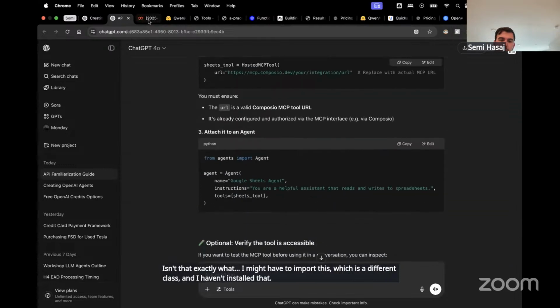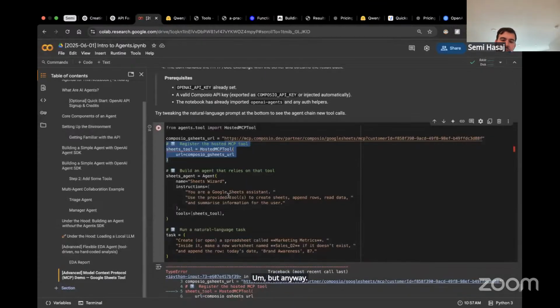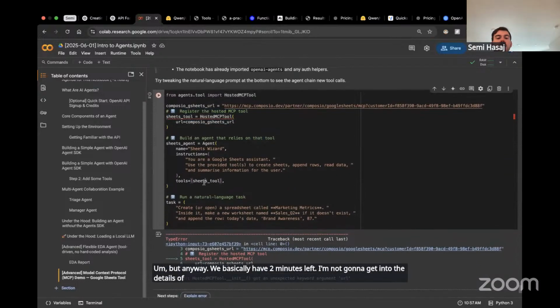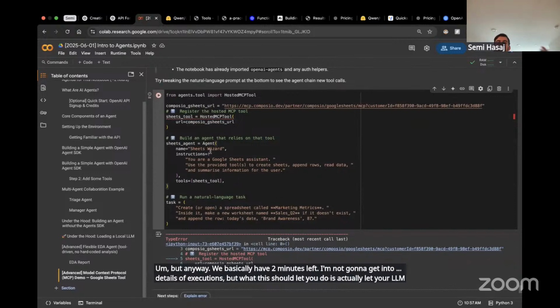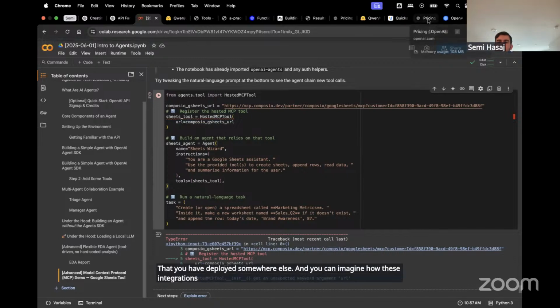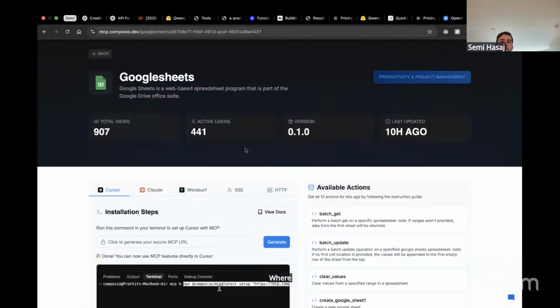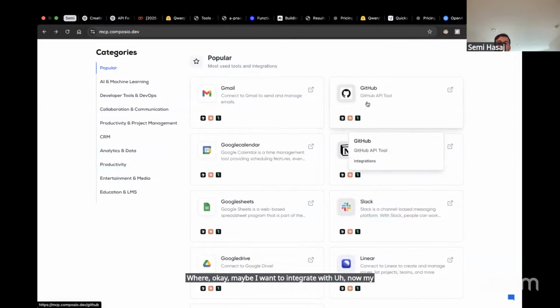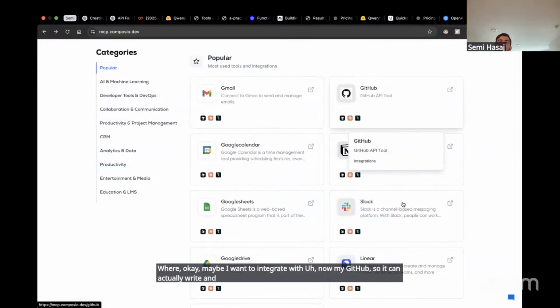But anyway, we basically have 2 minutes left. I'm not going to get into the details of executions, but what this should let you do is actually let your LLM go right to some Google Sheets that you have deployed somewhere else. And you can imagine how these integrations can keep growing, where maybe I want to integrate with my GitHub, so it can actually write and read my repo.